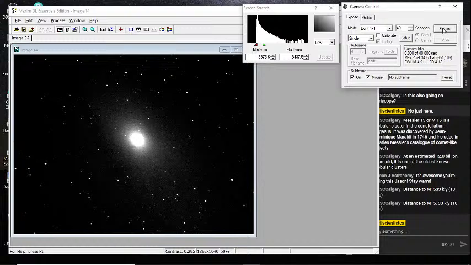So here we have it again. You can see some more of the dust lanes inside the galaxy. The dust inside spiral galaxies is where stars get born and all that. So now what I'm going to do is get the telescope to point to a companion galaxy of this, called M110.